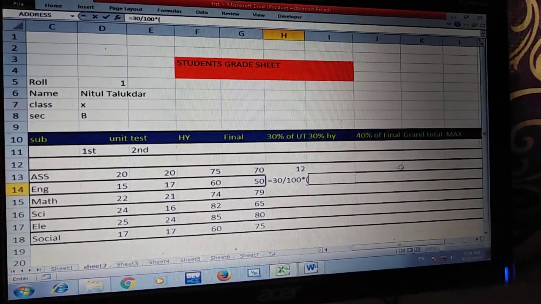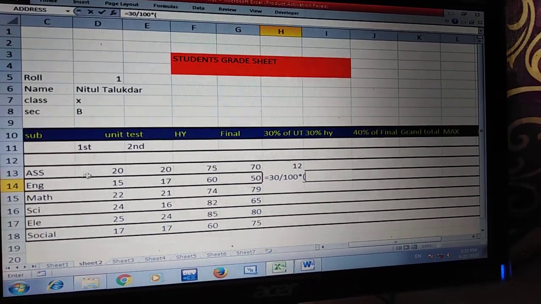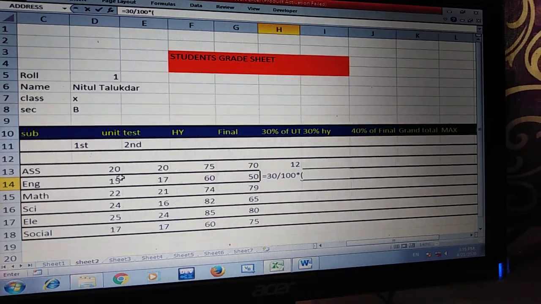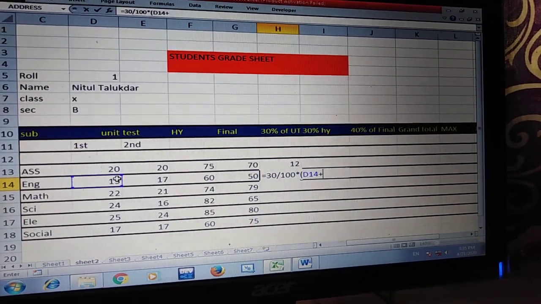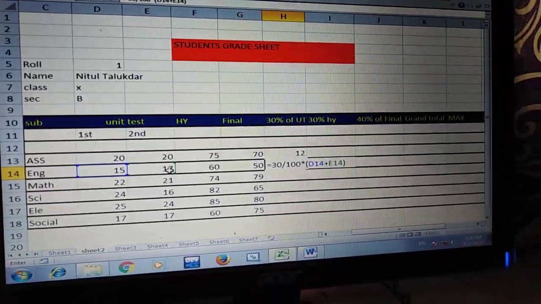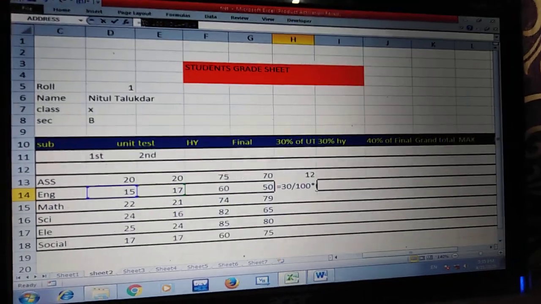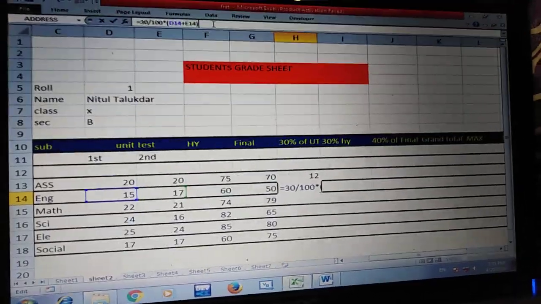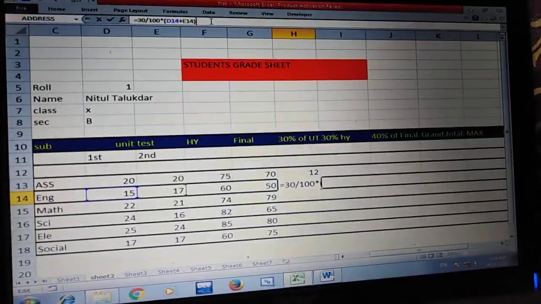This is called the formula bar. So we can perform some mathematical calculation. So this calculation is displayed in this section. This section is nothing but is known as a formula bar.